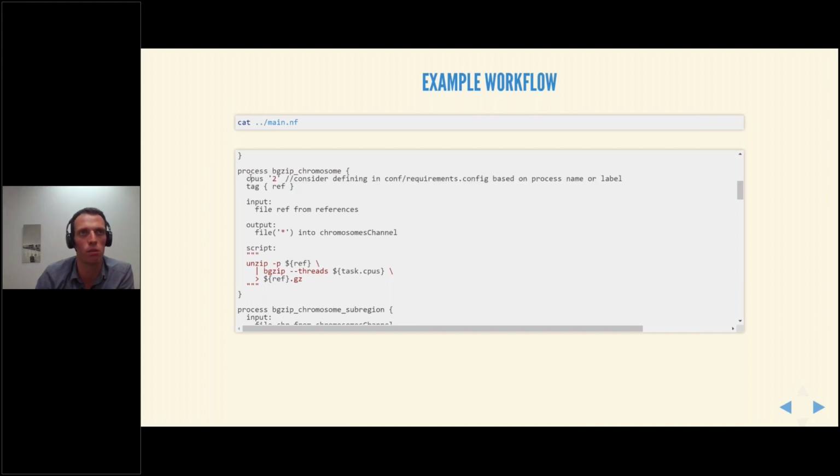So you could, for example, set that this particular process, which involves compressing some files, can use 2 CPUs or 2 CPU cores, and we also use tags so that our terminal output is a bit more informative about what is actually being processed by individual tasks. You also have the input and the output blocks, which will read from channels and output files and values into other channels.